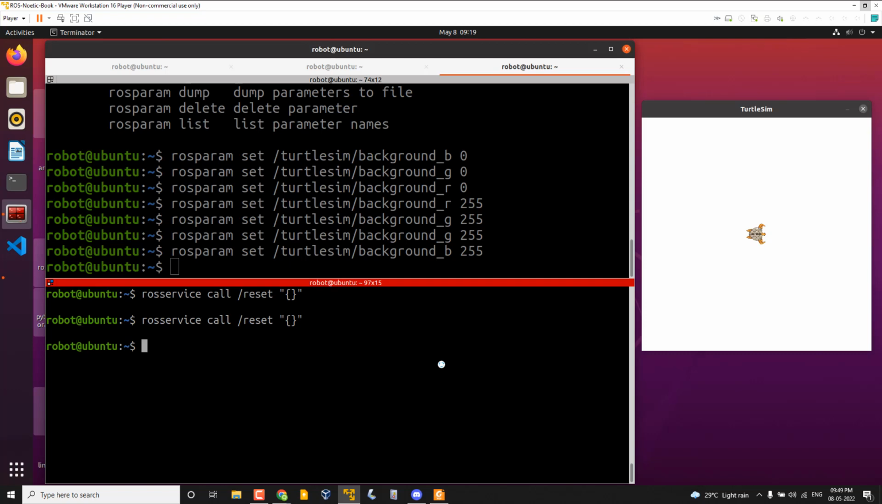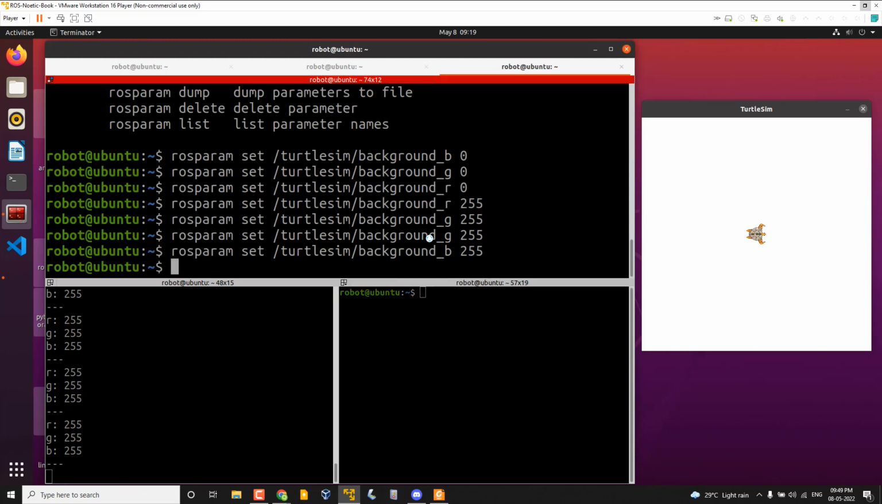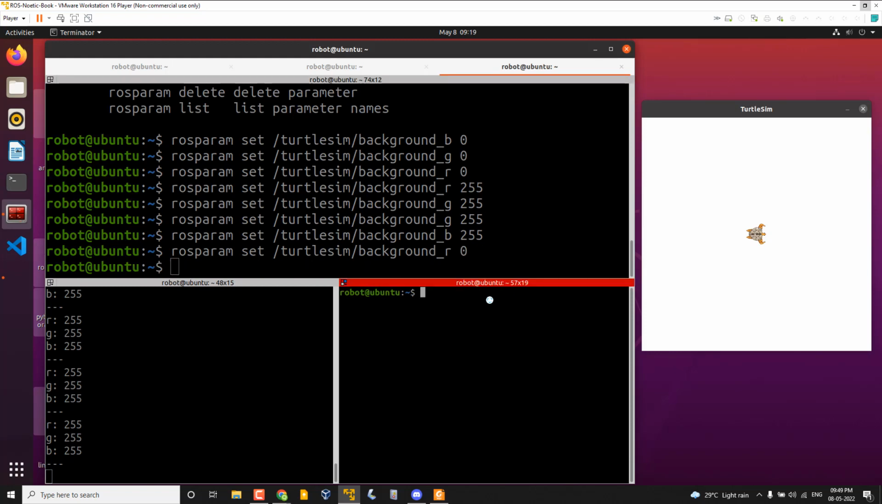Okay, so these are some of the things that we can do, and it's white now, right? So let me check the topic called Turtle1 color sensor. I have seen there are some problems with the color sensor, but let's see. Yeah, see, the color sensor is echoing the color on the background. Okay, and if I change the color, for example, red to 0, and if I reset,